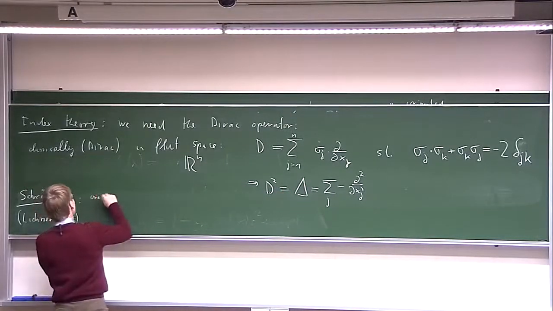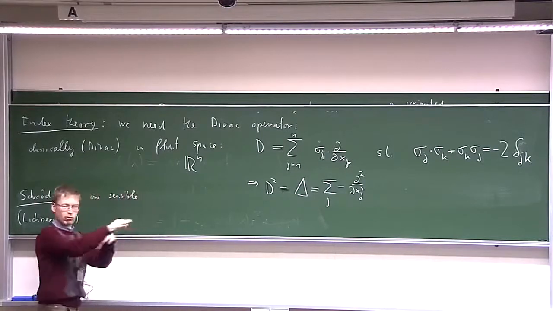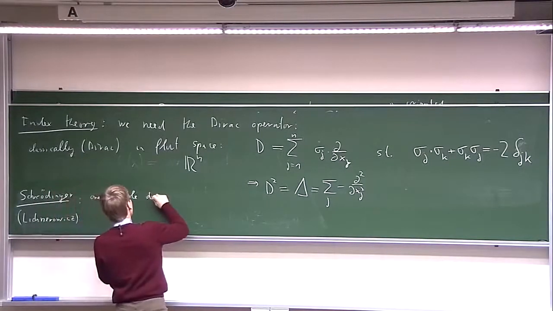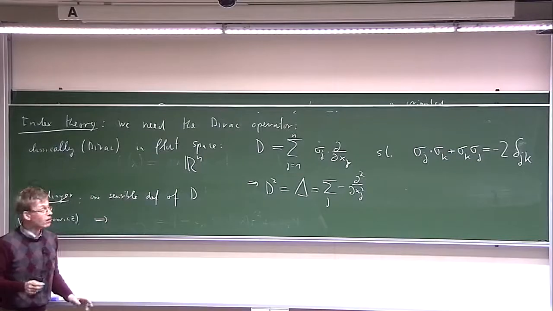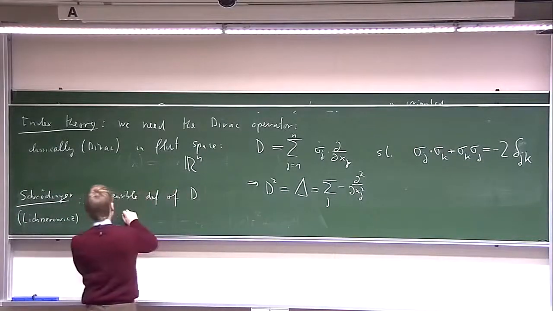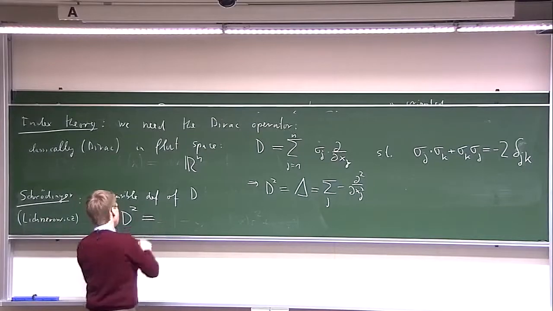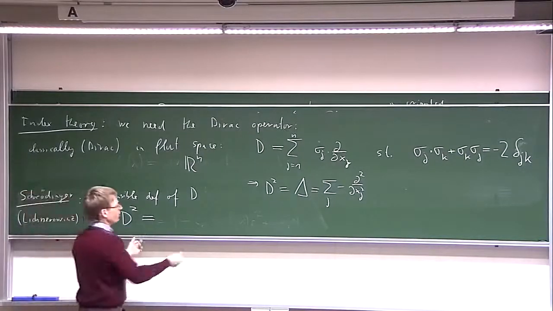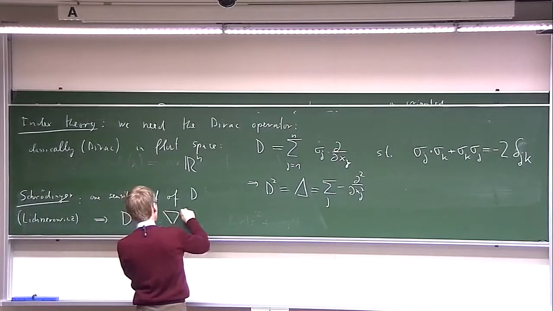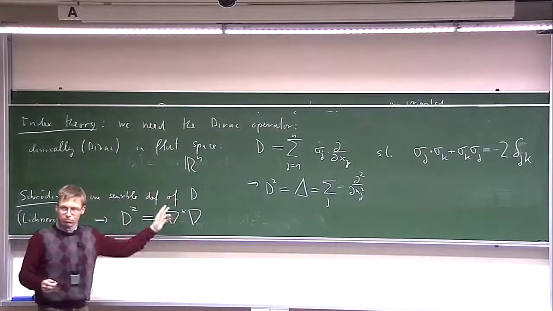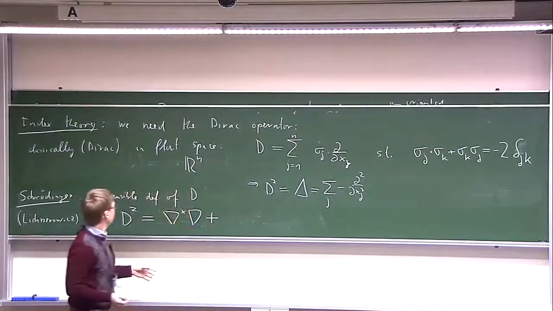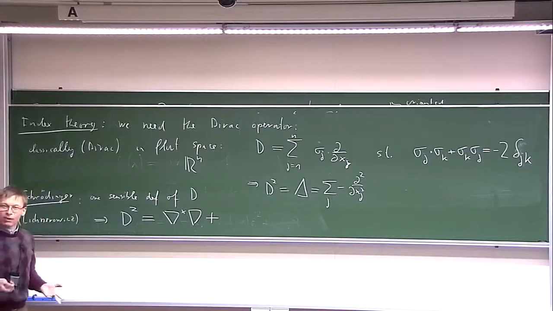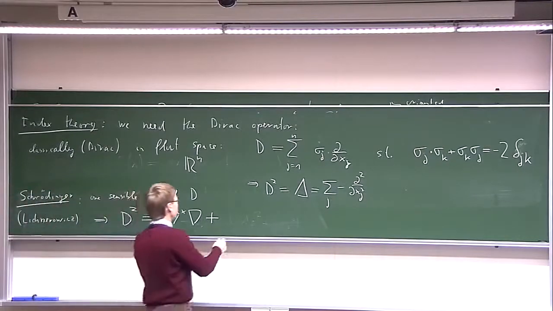So there is one sensible D, because it has the right covariance properties, and it satisfies this condition. It's not quite a square root of the Laplacian. What we get is that the square of this operator is something like a Laplacian, which we like to write as nabla star nabla, a positive definite, non-negative operator. But then there is a correction term, which Schrödinger in the article describes as something interesting, but physically completely irrelevant because the quantity is too small. And that is just the scalar curvature.